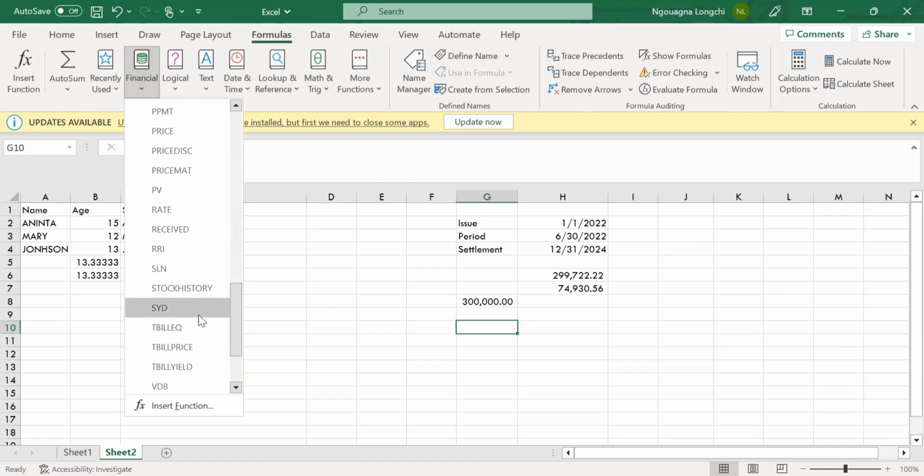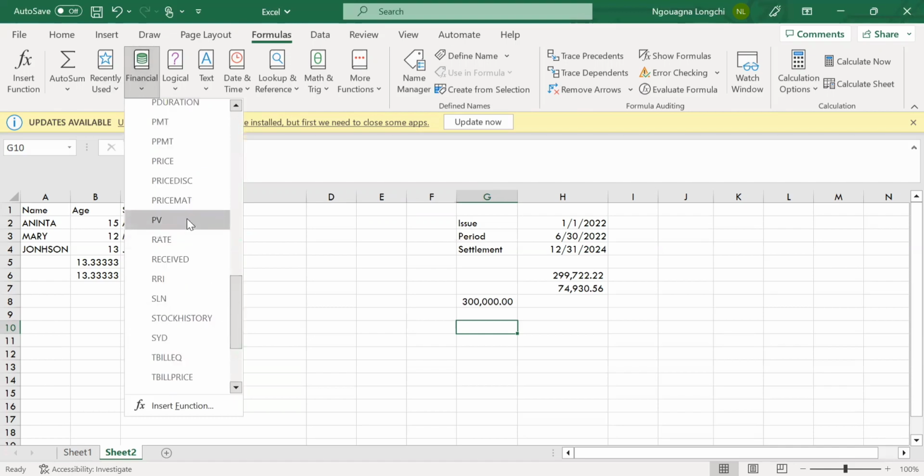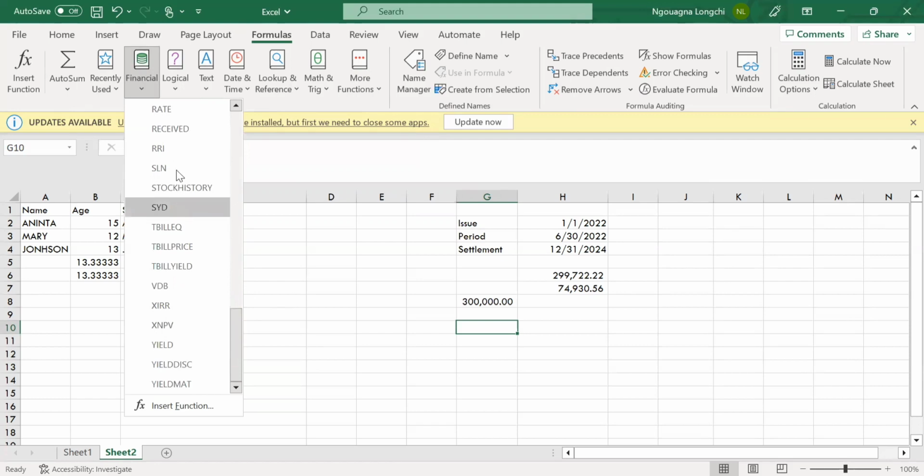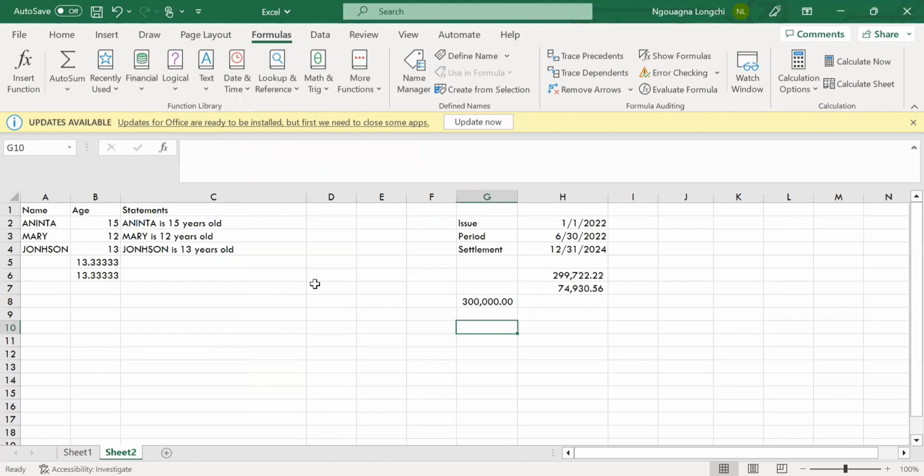There's a lot. You have rate, you have present value of money, you have even net present value. Wow, you can actually just explore. If you're really interested in the financial world, just take some time and explore this one. You will learn a lot that you can use in your business. Okay, so go to